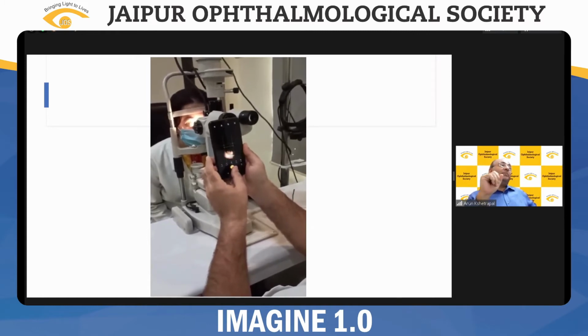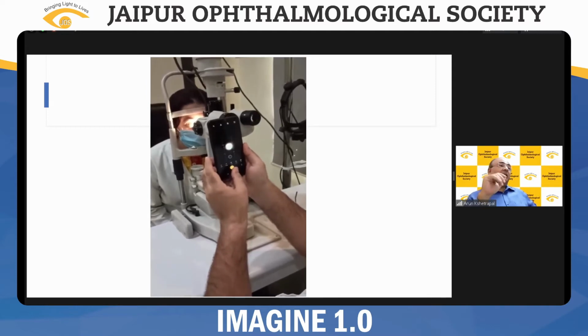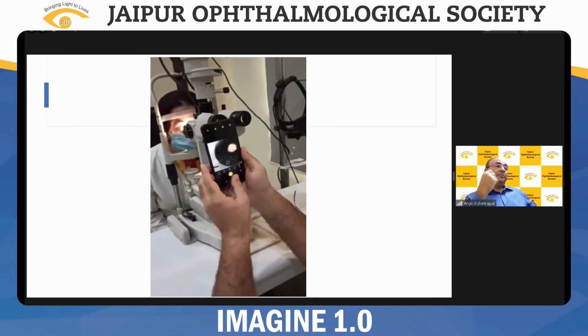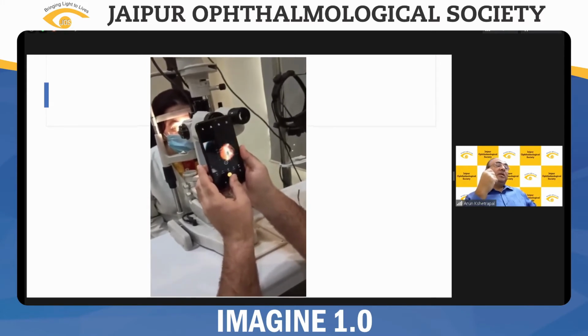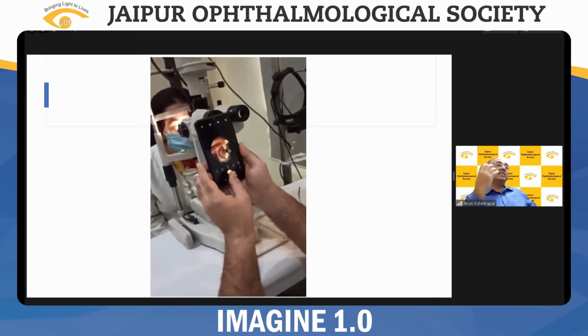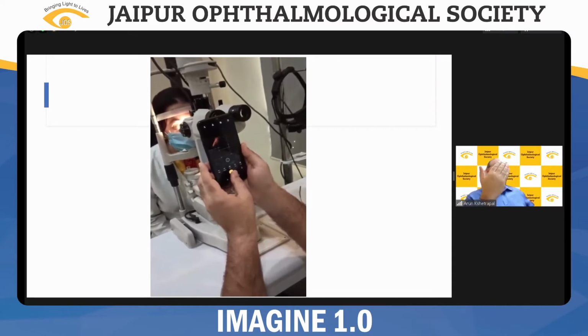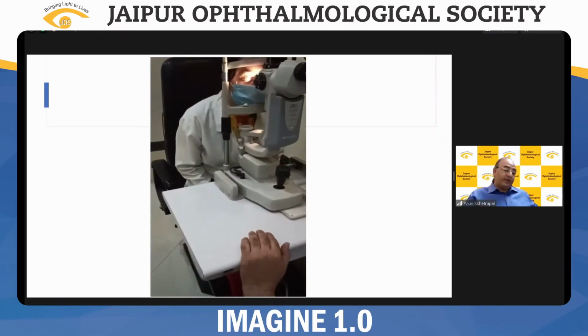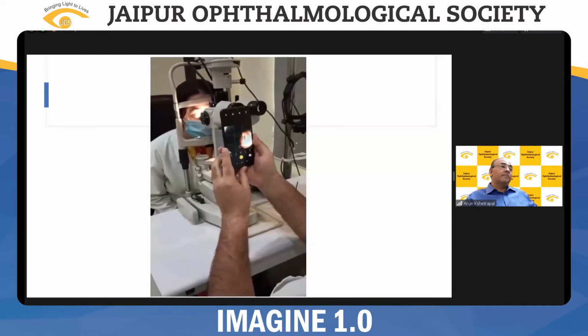So you are not able to get a stabilized or good image, and you need to center it yourself every time. If you don't have anything, you can just put your mobile phone camera on the eyepiece and click a photograph. This is a very, very crude way of doing photography.